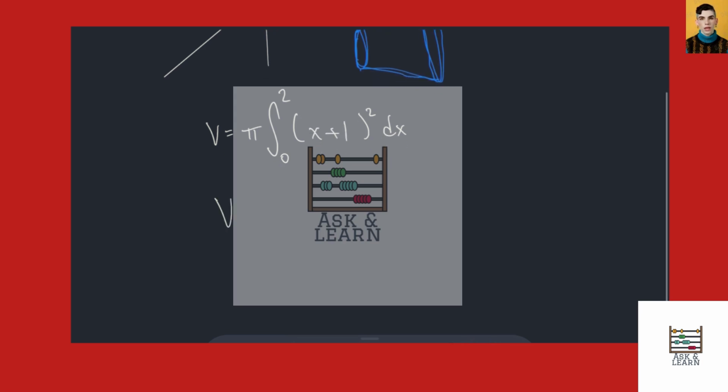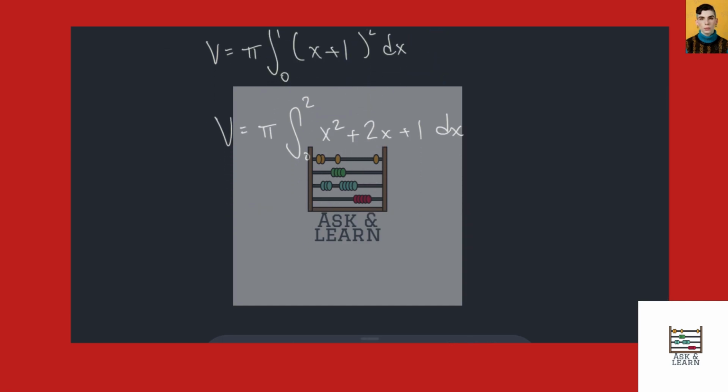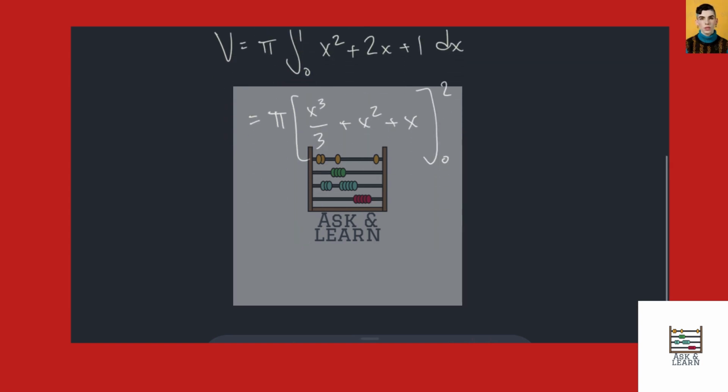Now that we have that, we see that V, the volume, is equal to pi times the integral of, I find it easier to FOIL this out, so we'll just FOIL it out to be x squared plus 2x plus 1 dx. Then we're going to integrate this. What we'll end up getting is pi times x cubed over 3 plus x squared plus x evaluated at 0 and 2. When we do this, we're going to end up getting that the volume is equal to